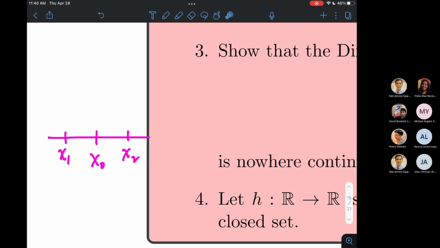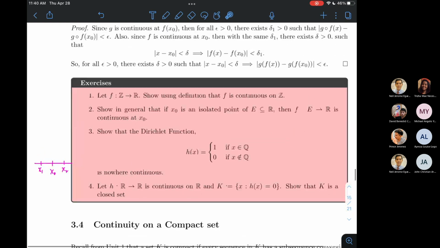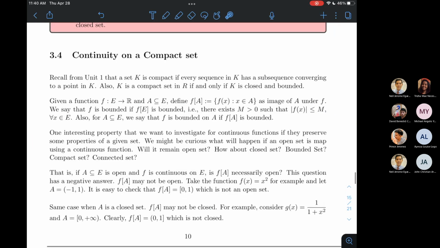Okay? So, and then we develop some sequential criterion for continuity. So I guess kompleto na yung extension natin ng continuity from sequences papunta sa real valued functions, or sa functions na ang domain ay subsets ni R. So for today, we'll talk about continuity on a compact set. Now,